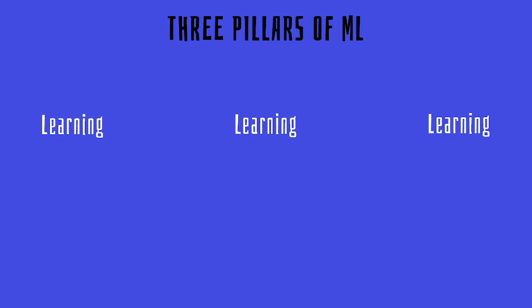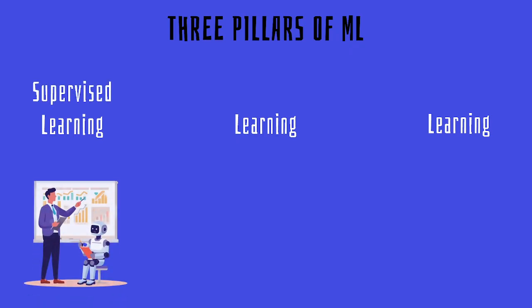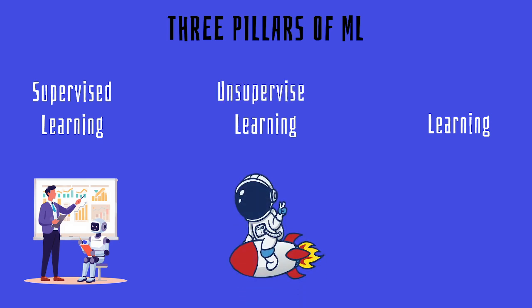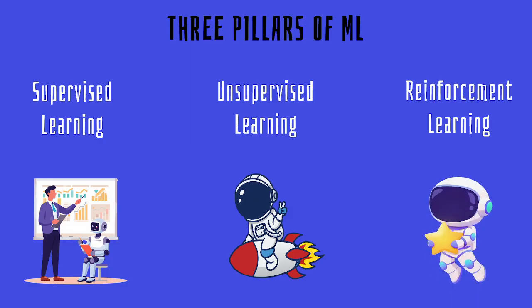There are three main types or three pillars of machine learning. The first is supervised learning, second, unsupervised learning, and third, reinforcement learning. In supervised learning, there is a trainer who trains the machine. After training, the machine gradually learns to make predictions by itself. In unsupervised learning, the machine learns on its own and there is no direct supervision, and the name itself says unsupervised, right? So there is no supervisor or trainer directly guiding the machine.